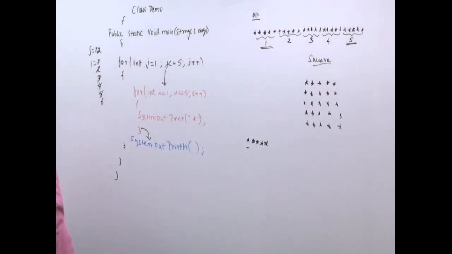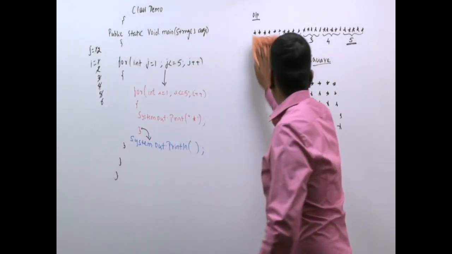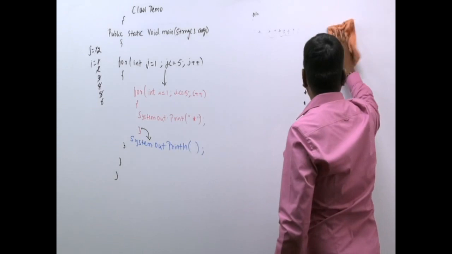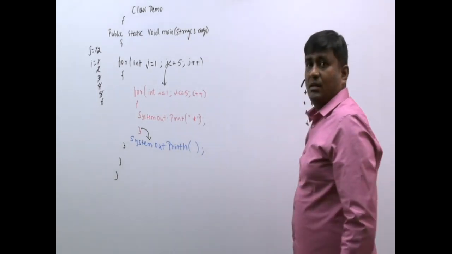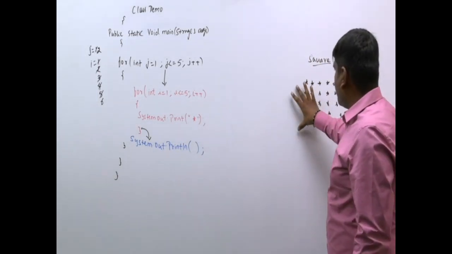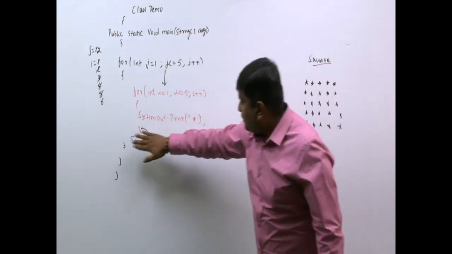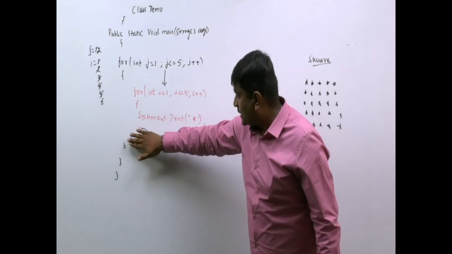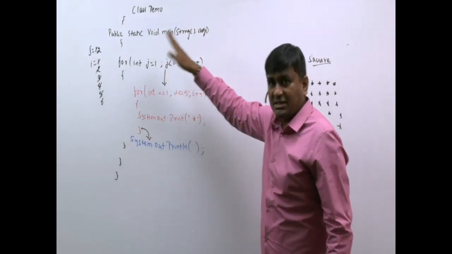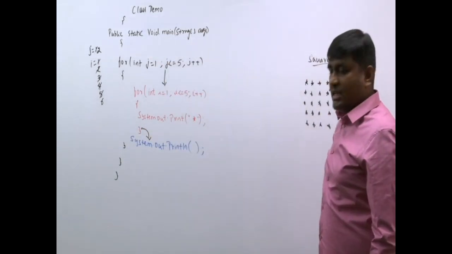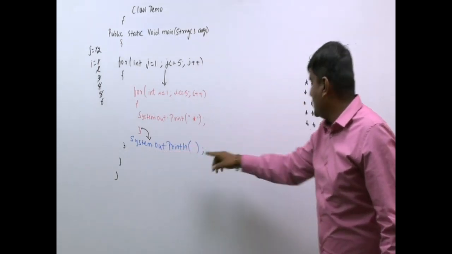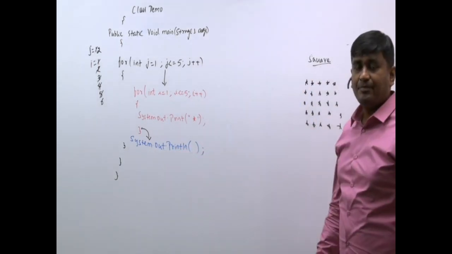Pay attention. Now, whatever the previous output was, I will just erase it. Now, this is the output. This is the square program. So when I execute this, I will get a square. If I put a kerchief on this previous output, I will get 5 stars 5 times in the same row. If I remove the kerchief and execute this statement, I will get this output.